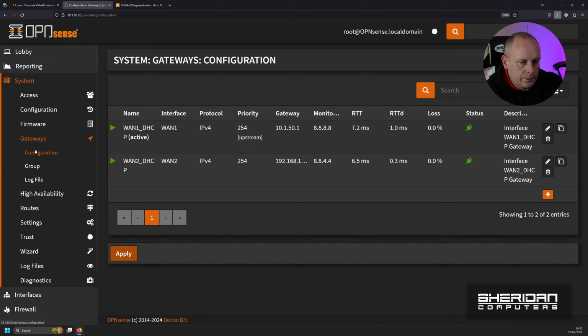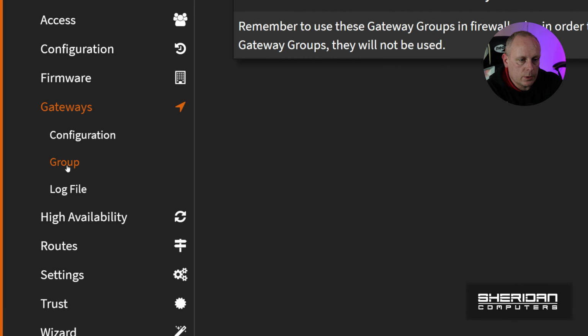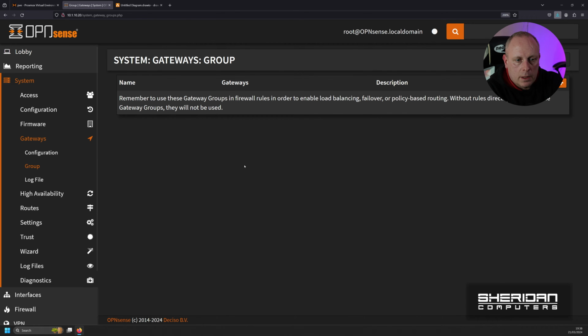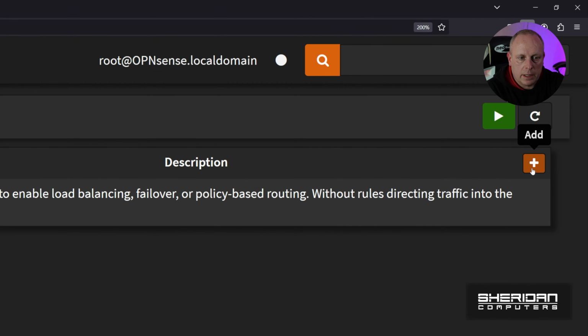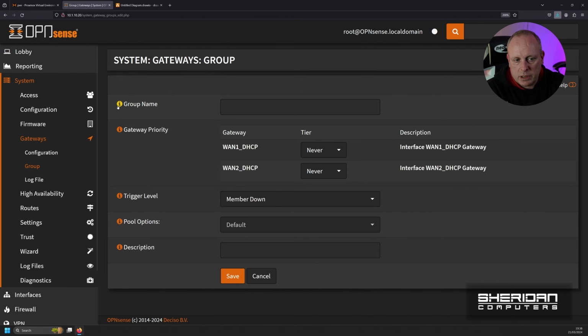Right, so once you've got those set, again under System and Gateways, this time we want Group, just under Configuration. So we're going to go ahead and select that. And this is where we can define gateway groups. So what we're going to do is set up a gateway group that's called untrusted. And we'll add both 1.1 and 1.2. So basically 1.1 and 1.2 become a combined gateway. So to do that, click on this add over here. And then I'm going to give it a group name. So I'm going to call this untrusted,